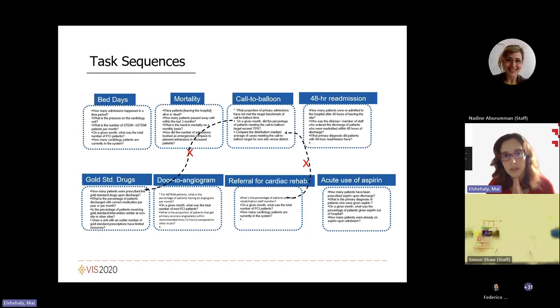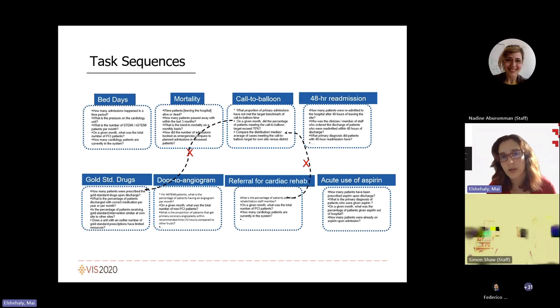And the nice thing about QualDash, which was really a lucky thing that happened, is that as we analyzed the data that we collected from these workshops, we found that the contexts of decision making were quite self-contained, in a way that they didn't actually intersect much. So people who were looking at some quality metrics in a cardiology unit, like call to balloon, for example, which is a metric that measures the time from when somebody makes a call to the ambulance to the point when they have a balloon stent to save their life.